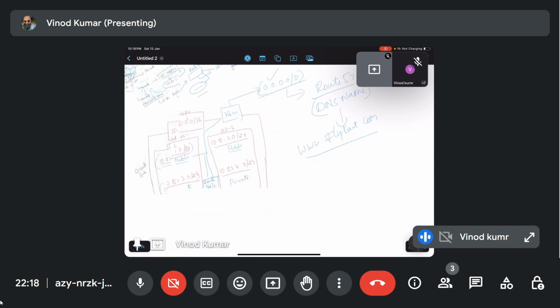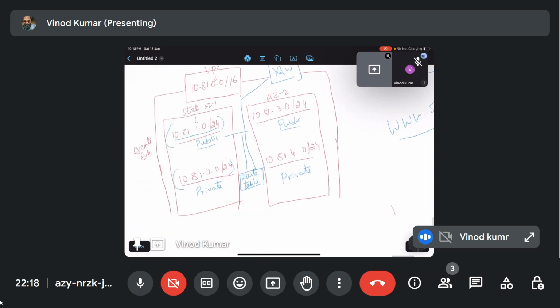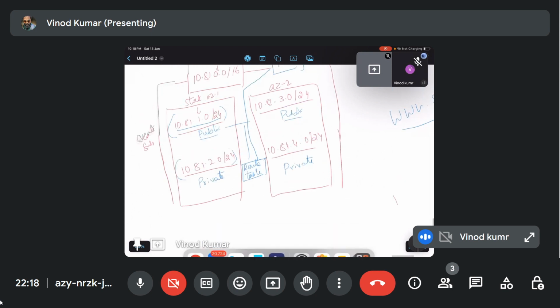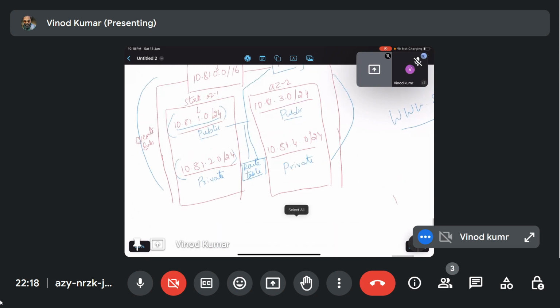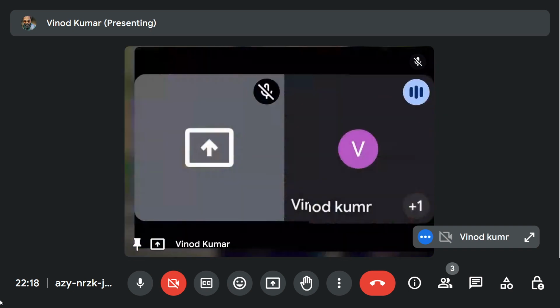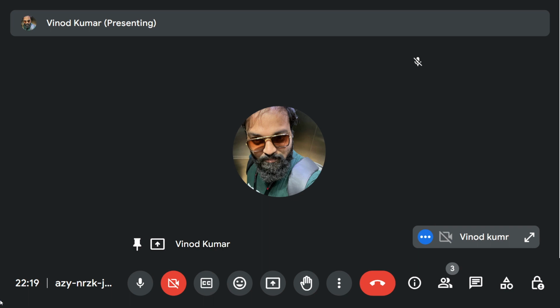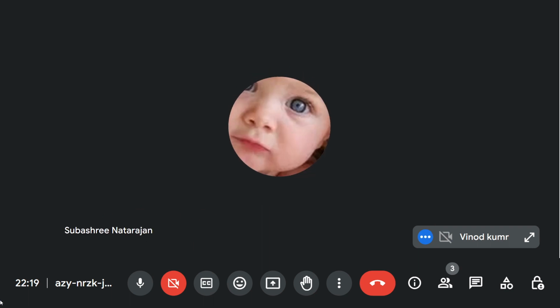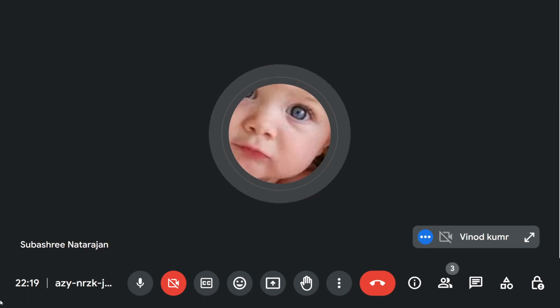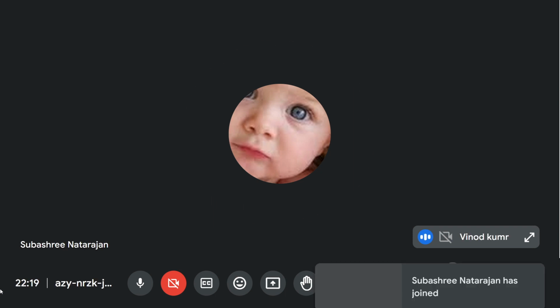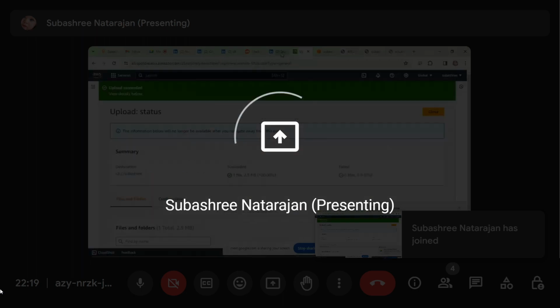Now we will create this structure, exactly this structure, so you can share your screen and we'll do this. We already created the VPC. The first step is done, and we are going to the second step, subnet creation.